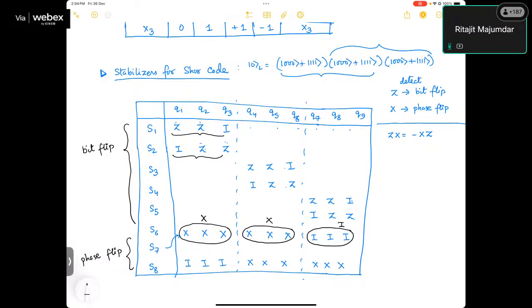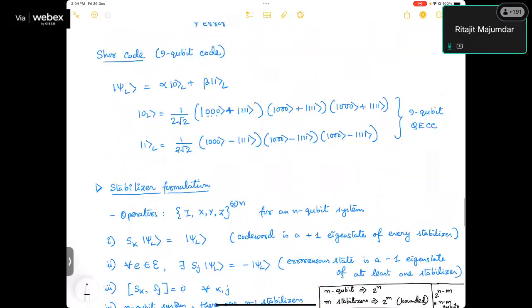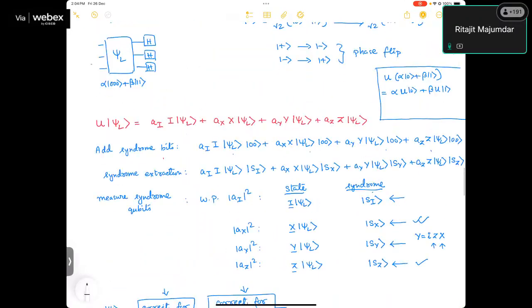We saw that it is very easy to tweak the bit flip error code, and instead of just encoding it into 000 plus 111, we can just encode it as plus plus plus and minus minus minus, and that will correct phase flip errors. What we saw, which is one of the most important things here, is that